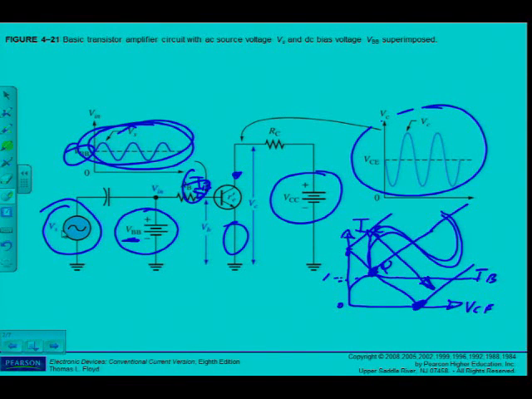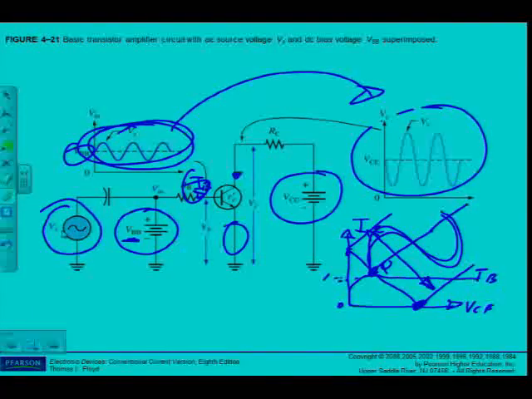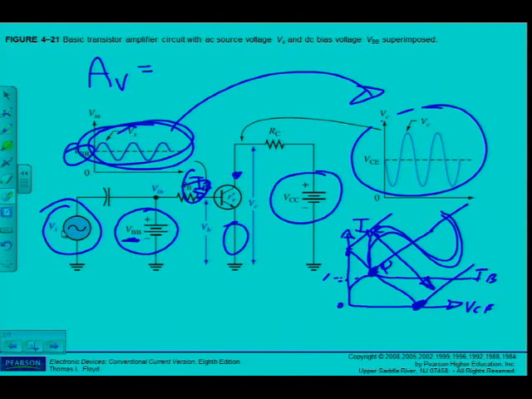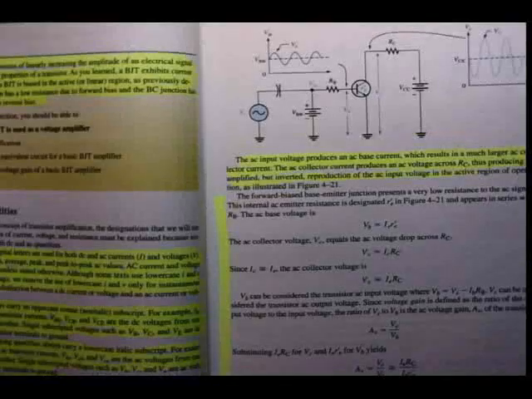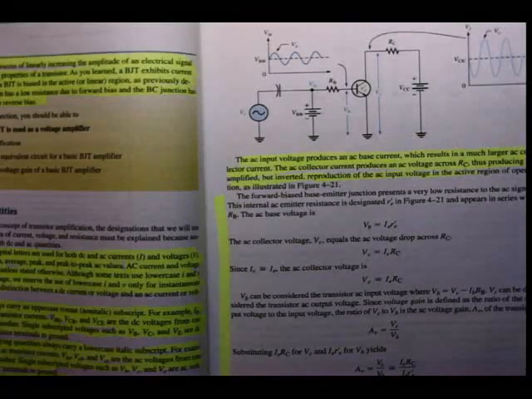And then what I also want to determine is how many times my input signal gets bigger. That is called the voltage gain. How much did it gain? So I will have to be able to determine the voltage gain of this amplifier. How many times did it go bigger? You can refer back there to page 181 in the textbooks, and it discusses it there by using the formulas